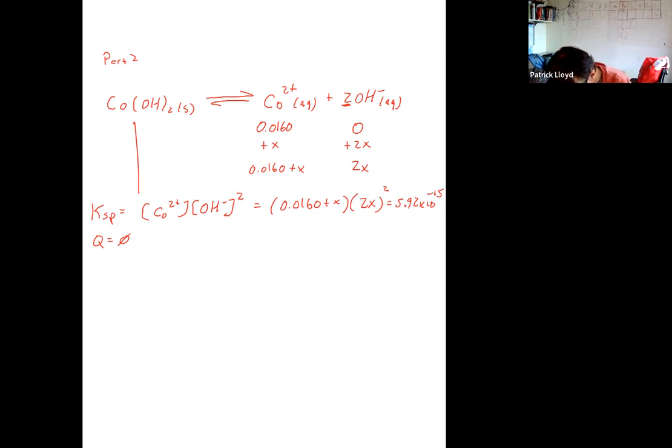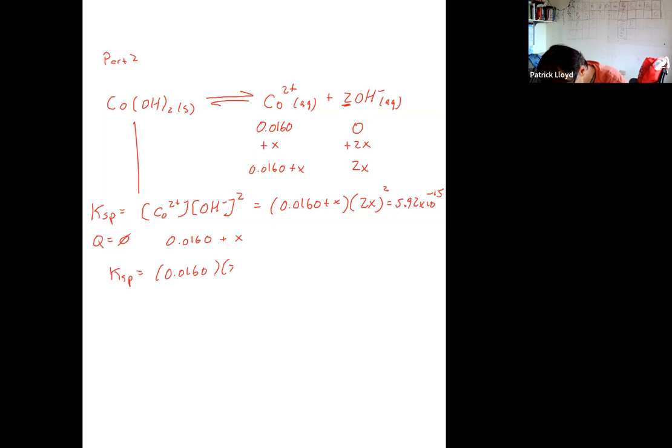So if I take a number which doesn't look real big, and I add to it a really, really small number, vanishingly small, imagine it becoming 0, right? If x is really small, less than 5% of 0.016, we can make an assumption. We can say that the KSP is 0.016